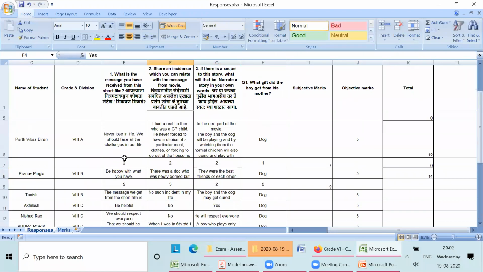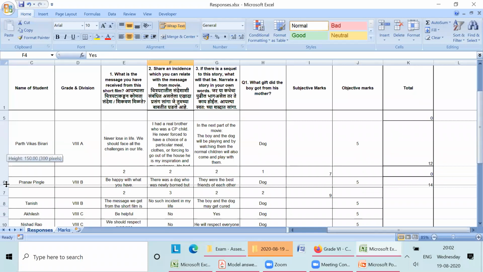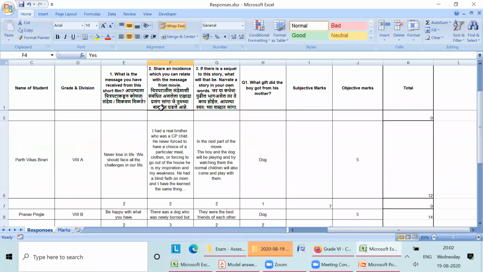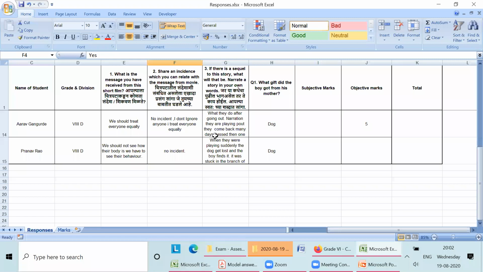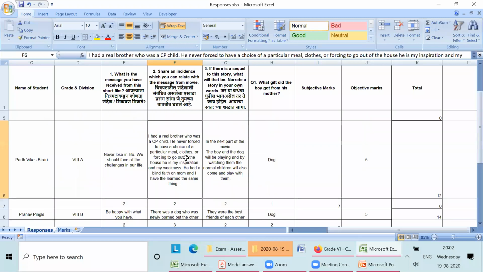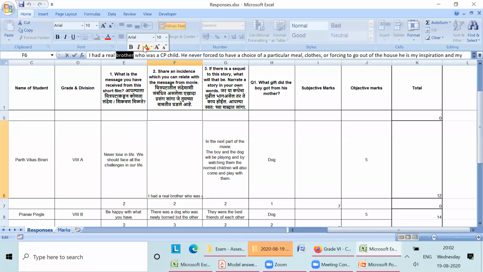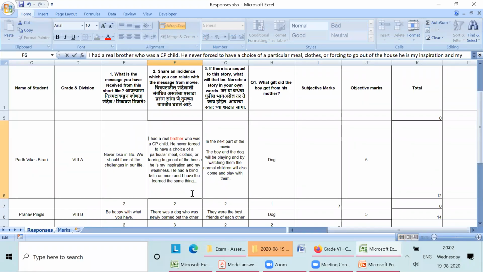Ma'am, but reading it like that is not a good idea. Better adjust the cell. You don't only have to read. In the real brother, the spelling of brother is wrong. Can you please make it red? We also have to underline, mark the wrong and write the correction here, right? Should we not do this for compositions in languages?